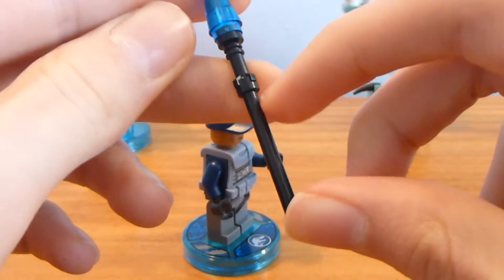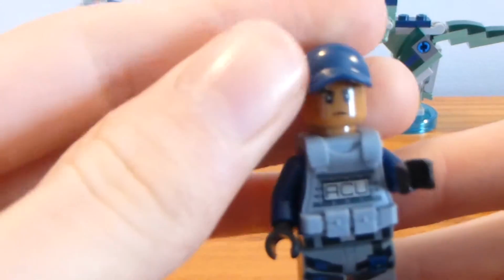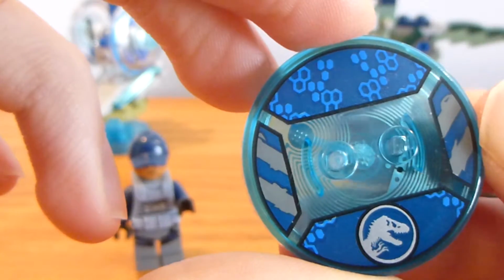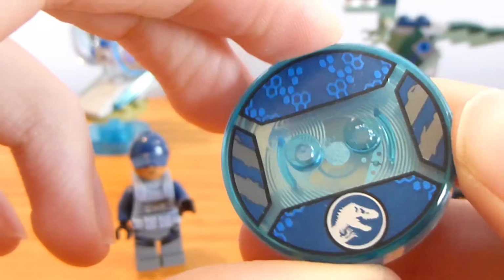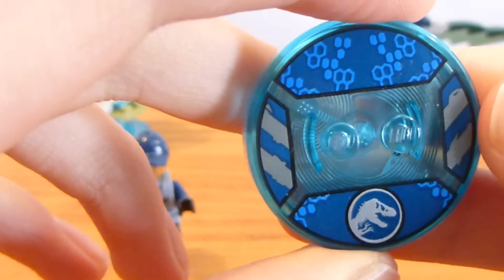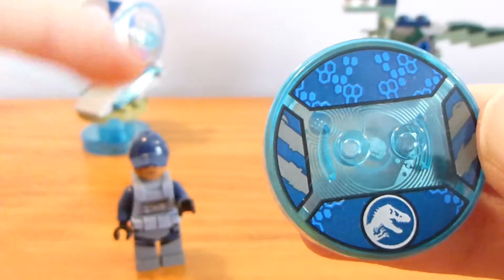But the stun rod's pretty cool. Simple little build. A bar with a lightsaber hilt with a cone piece. And the figure itself is decent. I believe the face print is kind of rarer. I think it only comes in 2 sets, and I think they're both Jurassic World sets. 2 sets besides this one. Maybe not even. Maybe it's just one other set. But I don't think this combination of parts is used in any set either. I think the set that this face comes in does not have the ACU Trooper